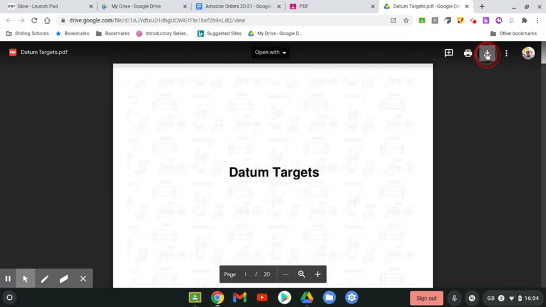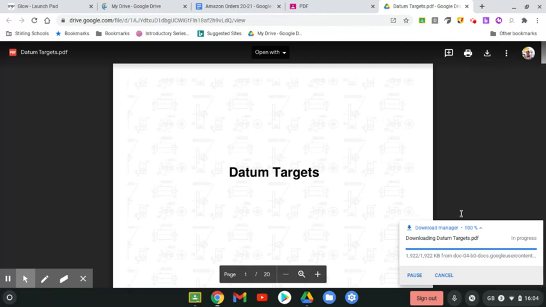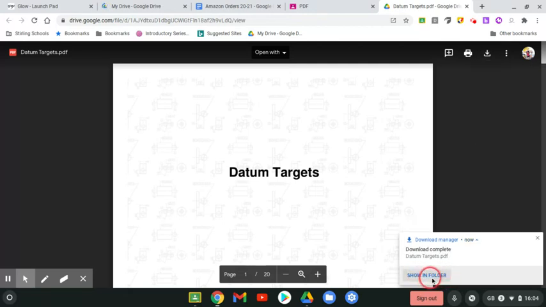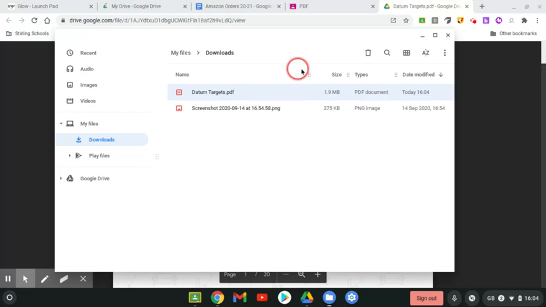If we click this download button, it will take that file and download it to the local storage on the Chromebook. And when it's finished, it'll ask me if I want to show it in folder, which I'll click on so I can show you where it is, and then I'll also show you how you would find that if you hadn't just downloaded it. So this opens up the file browser on the Chromebook itself and will take you to the Downloads folder eventually. It's running rather slow today. So you see it's highlighted Downloads there,